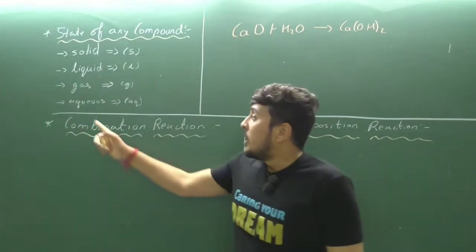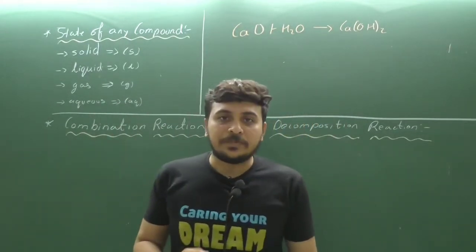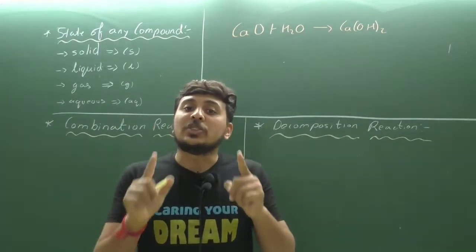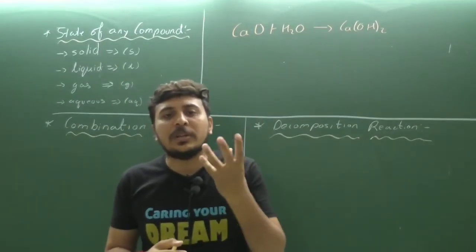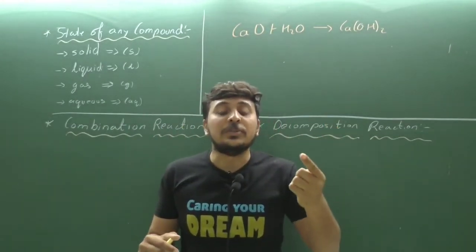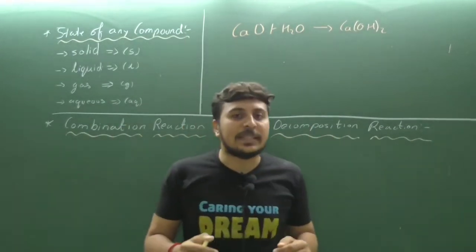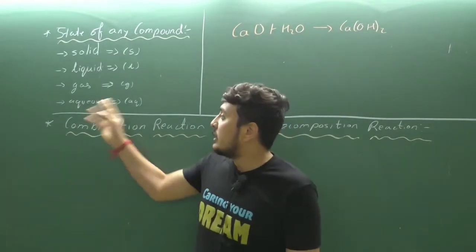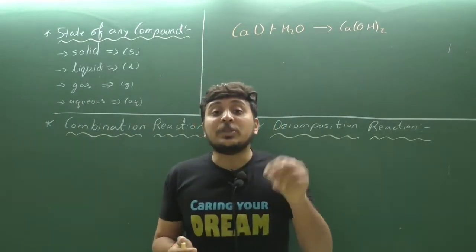Now, what do we mean by aqueous solution? Aqueous solution means the solution in which ions are present. Ions means the positively charged group of atoms or negatively charged group of atoms. Ca plus 2, O minus 2, CO3 minus 2, NH4 plus. These were the ions, positive ions, negative ions, cations and anions, etc. If the compound is in the ion state, then it is known as aqueous solution. Or in simple form, you can write that the compound in which water is added.